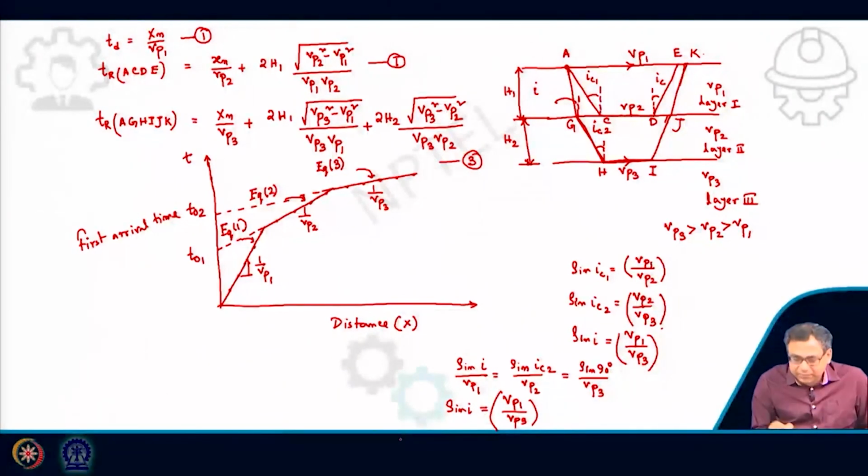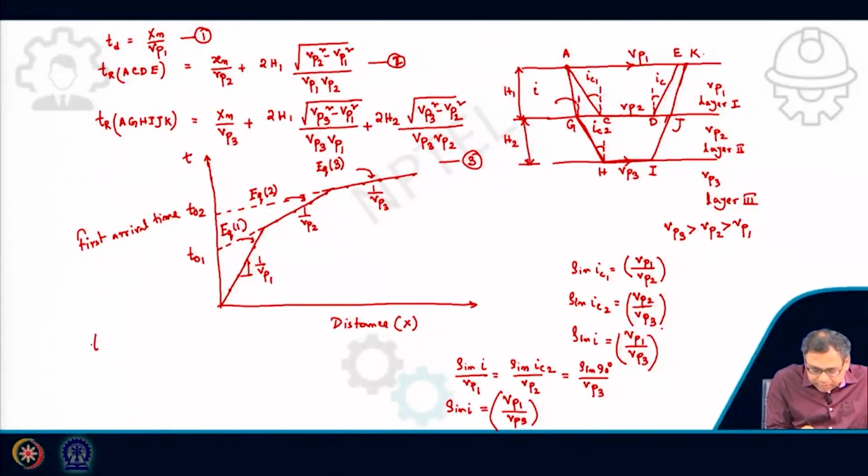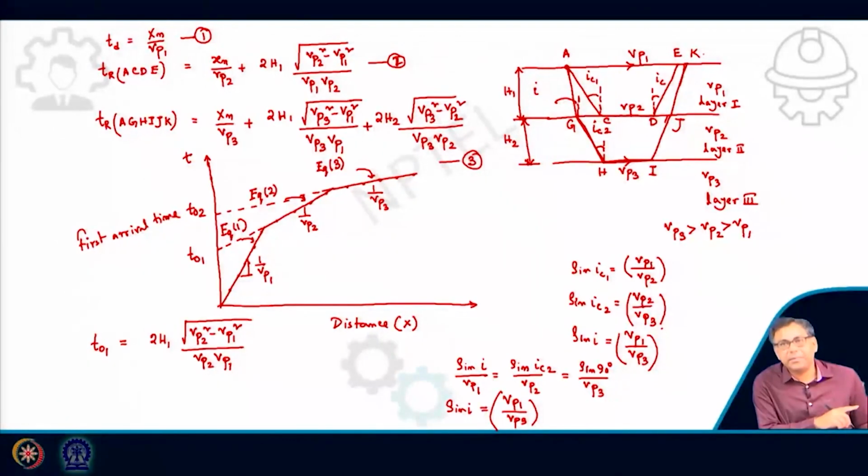Now from here, from equation 2, if I put T01, xn will be 0. So it will be 2h1 root over Vp2 square minus Vp1 square divided by Vp2 by Vp1, the same as the previous case that